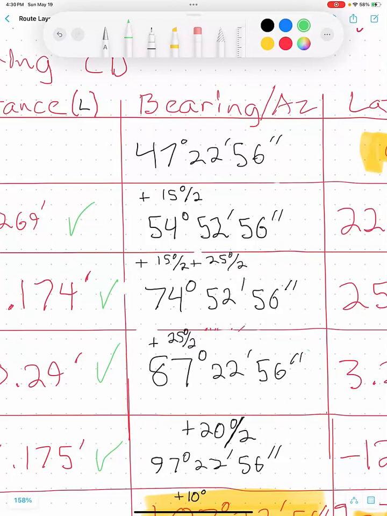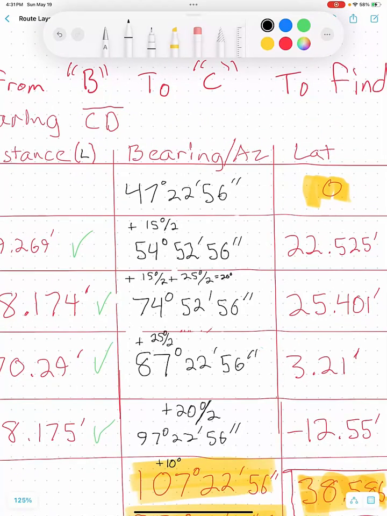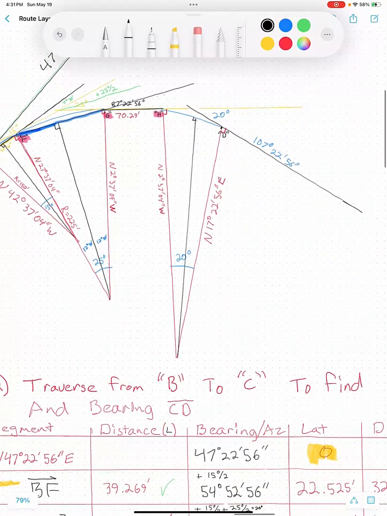So adding 15 over 2 plus 25 over 2, that's 7 degrees 30 minutes plus 12 degrees 30 minutes, which coincidentally just happens to add up to 20 degrees. That gives 74, 52, 56. And then that last segment, because this is the segment of the line that then continues straight,